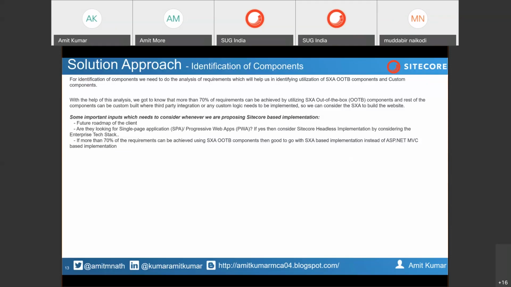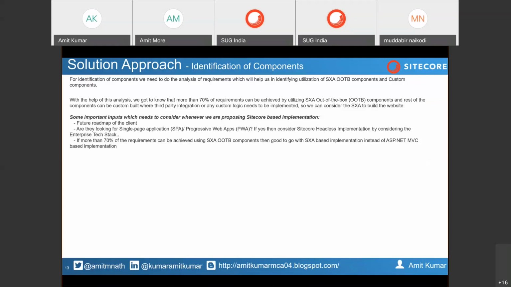If the client has any future roadmap, as I explained earlier, they wanted to create a SPA or a PWA. Even if your application covers more than 70% of the implementation with XXA, it's best to go with the headless approach. Otherwise, at the end, you can utilize the XXA layout service to build the PWA application.